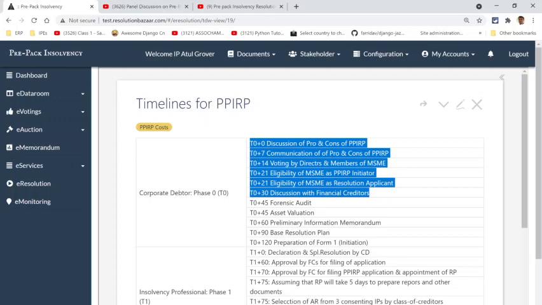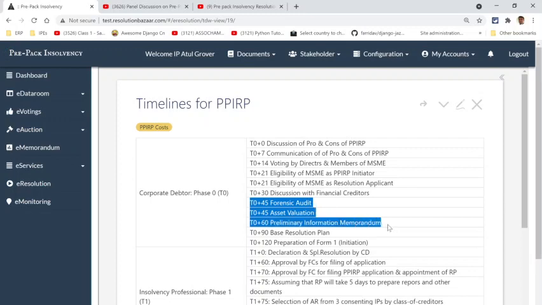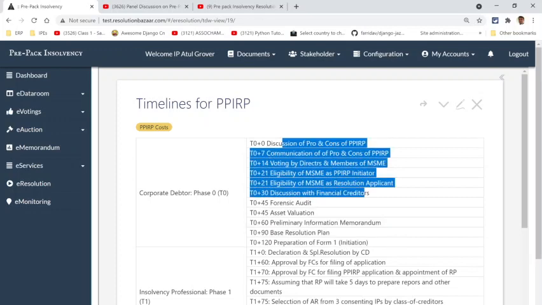But once everybody's on board, because at this stage we will have to start spending money on forensic audit, asset valuation, preparation of information memorandum, preparation of base resolution plan, even preparation for Form 1, because there are tons of annexures that we will see in Form 1. So this is where your first round of money you'll have to spend. And before you spend money, you make sure everybody's on board.